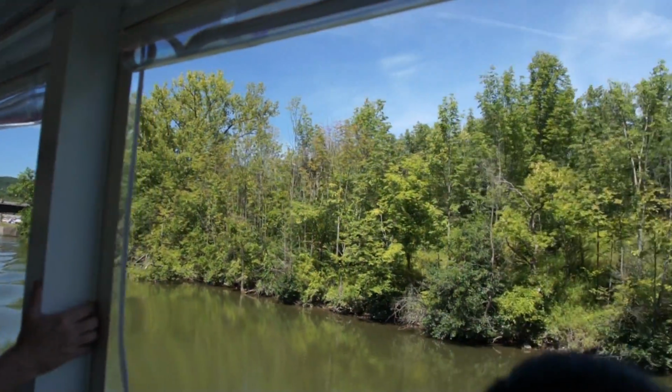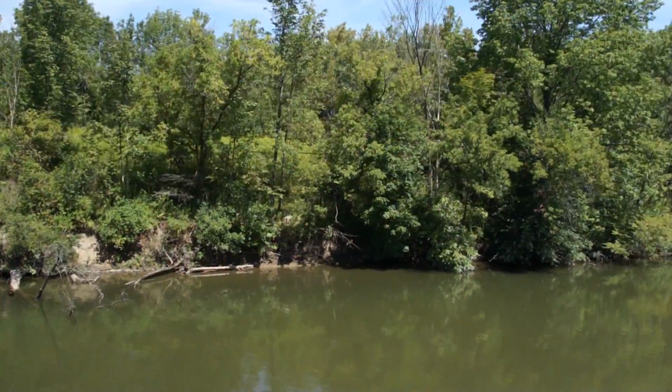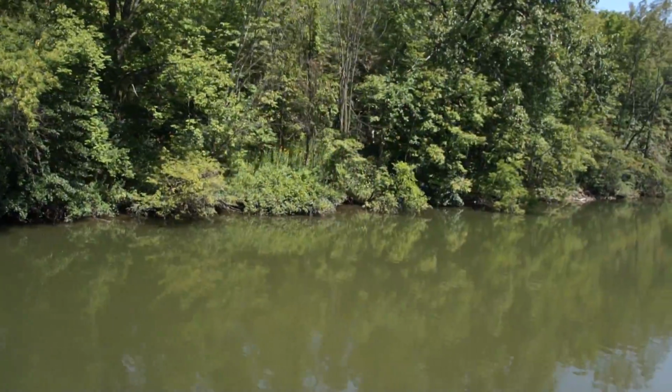closed. The Mohawk-style movable dams are very unique. They're only found on the Mohawk River section of the Erie Canal. Unlike a typical dam that has a fixed height or crest, these dams are a series